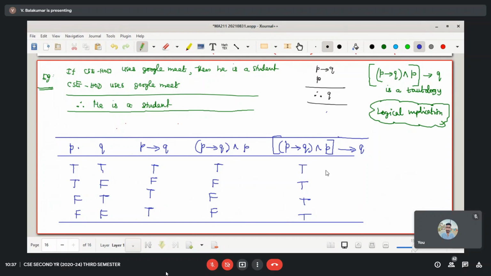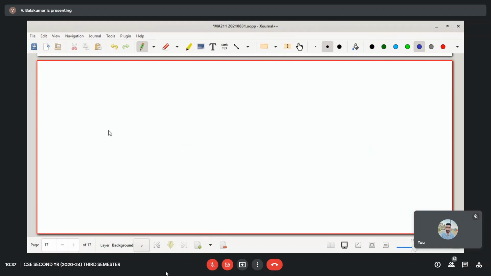So based on the truth table, we observe that the top right rule is the correct rule that we apply for the CSC HOD Google Meet situation. Now I would like to list down the rules. Maybe we together will try for that. First, let me give you a few fundamental rules which are very simple. Then we shall go further.